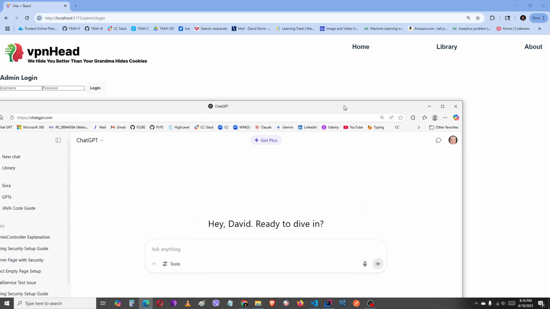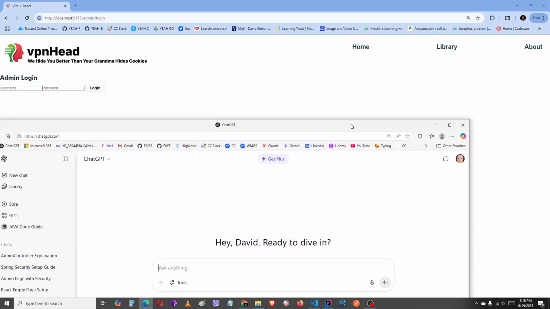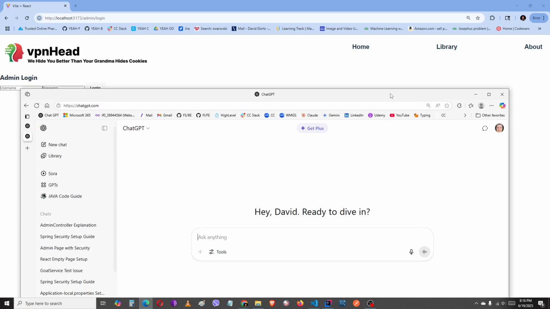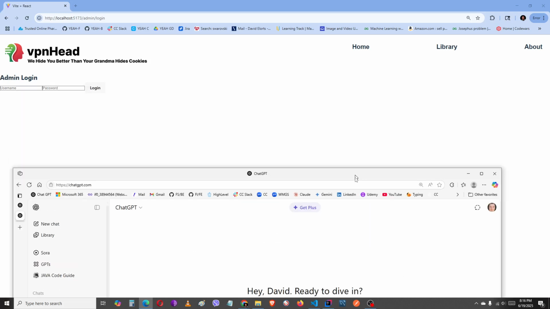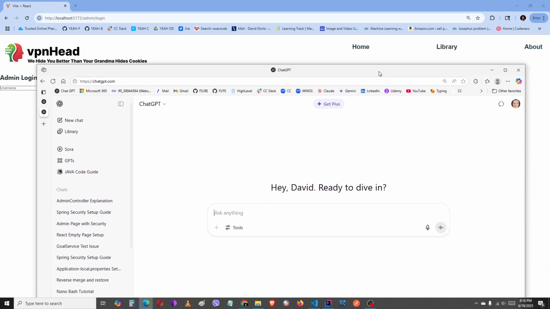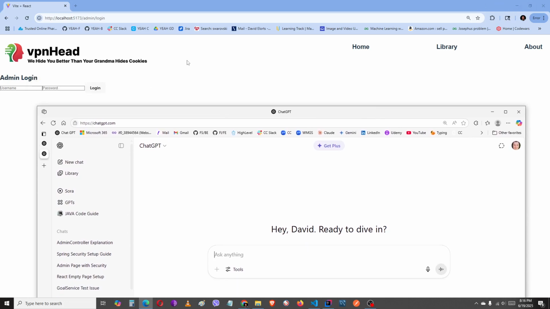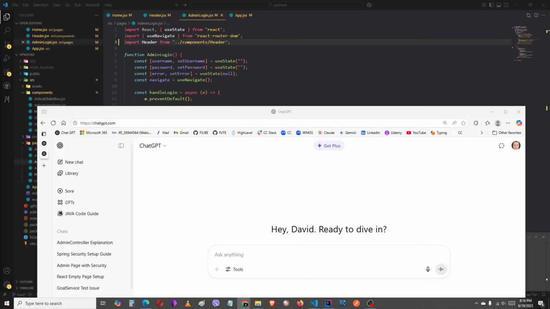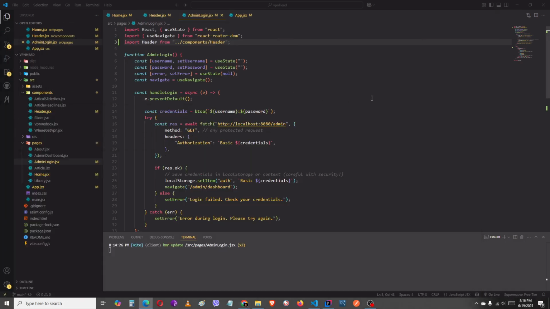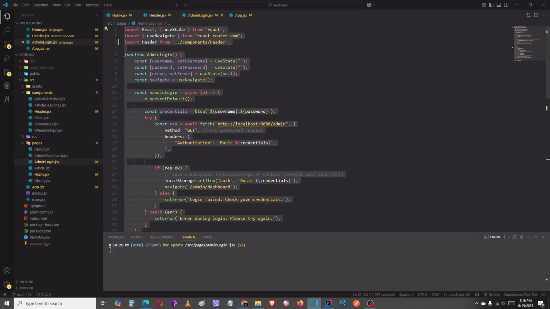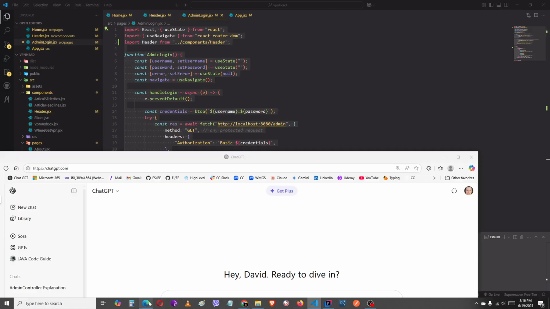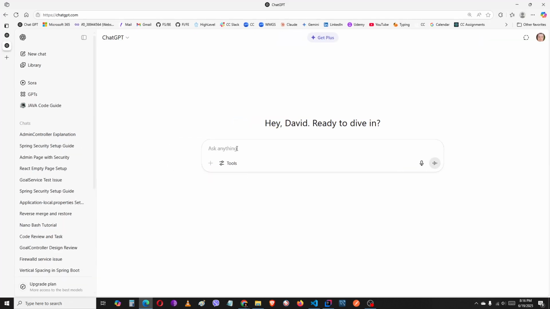So what we're gonna do is we'll play a game. We'll give probably 3 different AI helpers the same task, and we'll see which one will be the best. So the task will be to build us an admin login page in React. So let's copy, and then let's go to ChatGPT. Let's put here